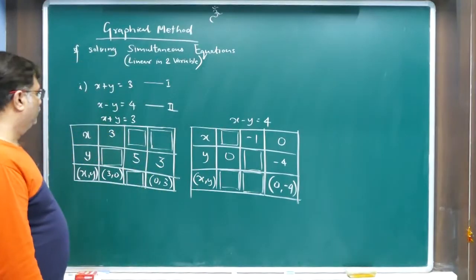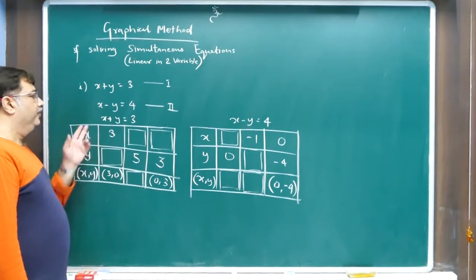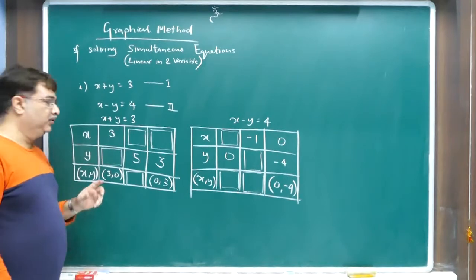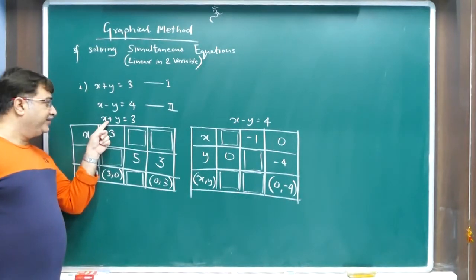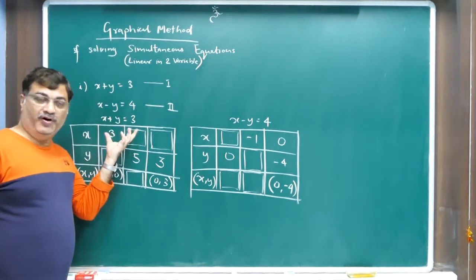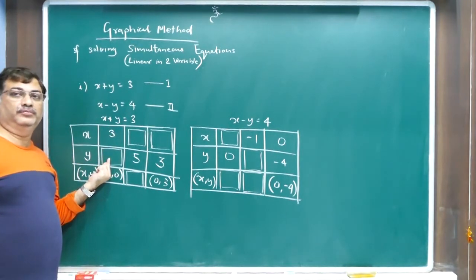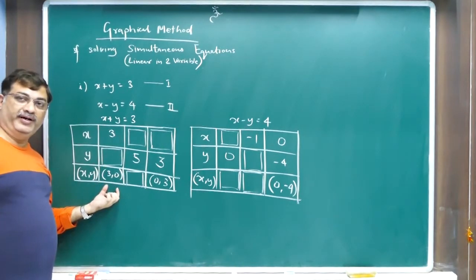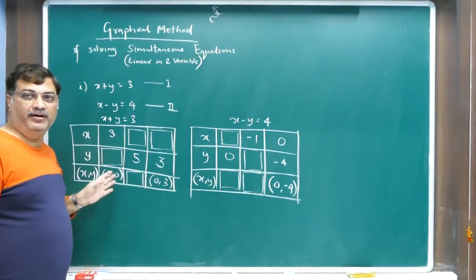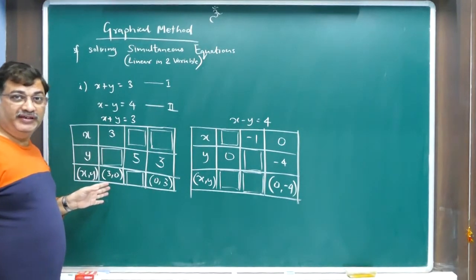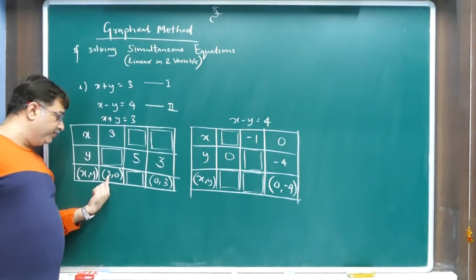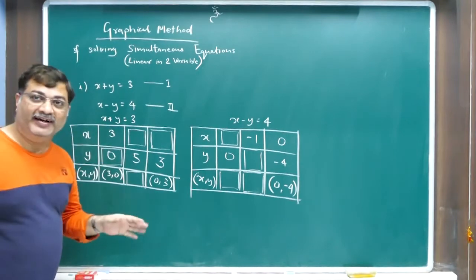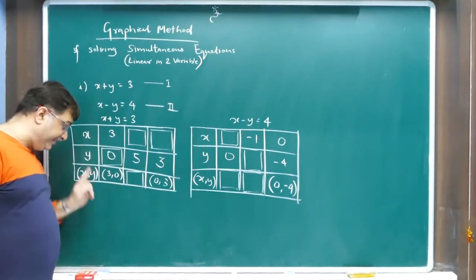Let's begin. We have x plus y equal to 3 as the equation for this table. So how do we get the value? If x is equal to 3, we put x equal to 3 here, and whatever the value of y is, that value comes over here. Alright? And then those two values together have to be written here. That is the actual method. But you will say, sir, here we can also play a trick. And what is that trick? Since they have mentioned 3 comma 0, meaning they have already mentioned the x coordinate and y coordinate, you already know that the y coordinate is going to be 0. But that's not correct. You have to actually find the value of y and then go here.